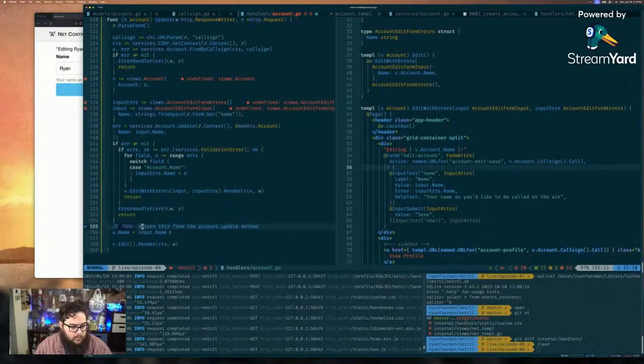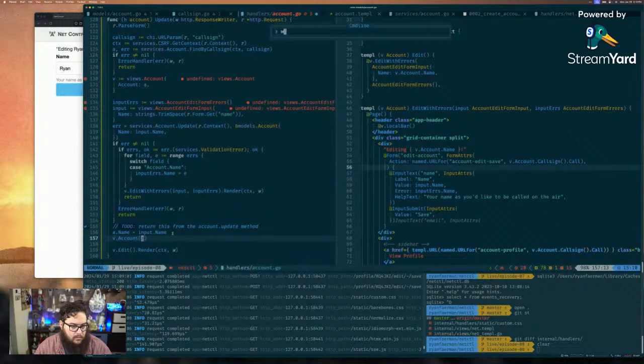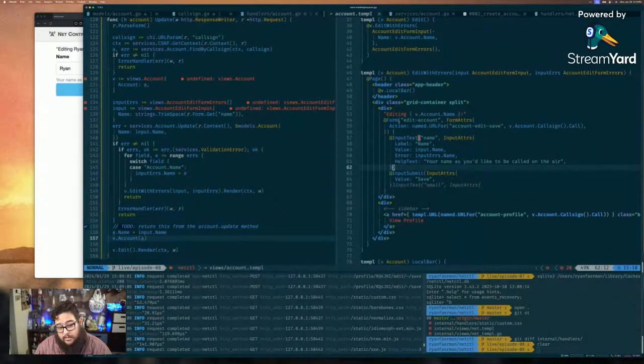We'll correct that in a little bit. And then we need to set v.account to a. That should work. And then rather than redraw the whole page,